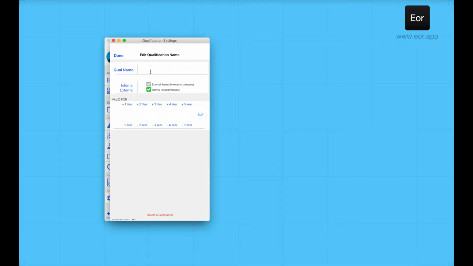and then fill in the name. Let's call this one Induction Initial. As you can see, it's issued internally, and the initial induction doesn't ever expire, so the valid for period will be not applicable. Click Done to return to the main qualification, and then we'll add the next module again